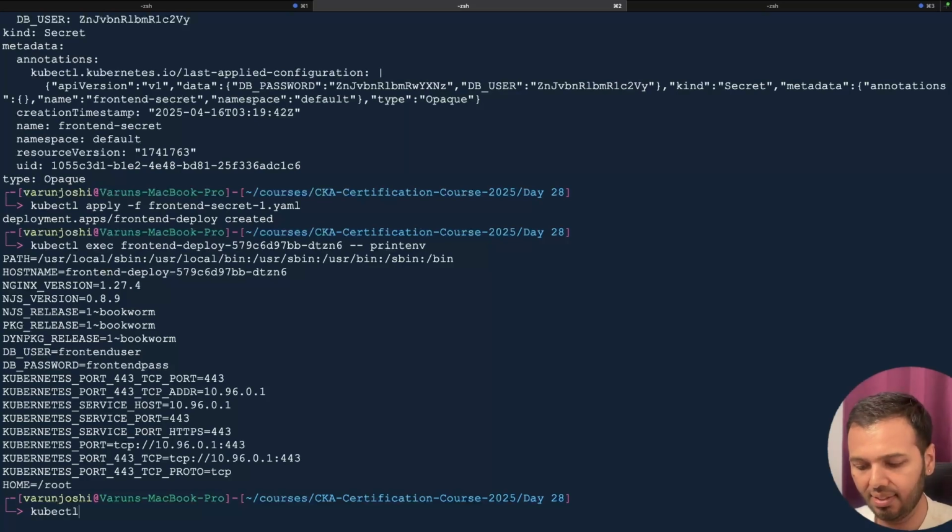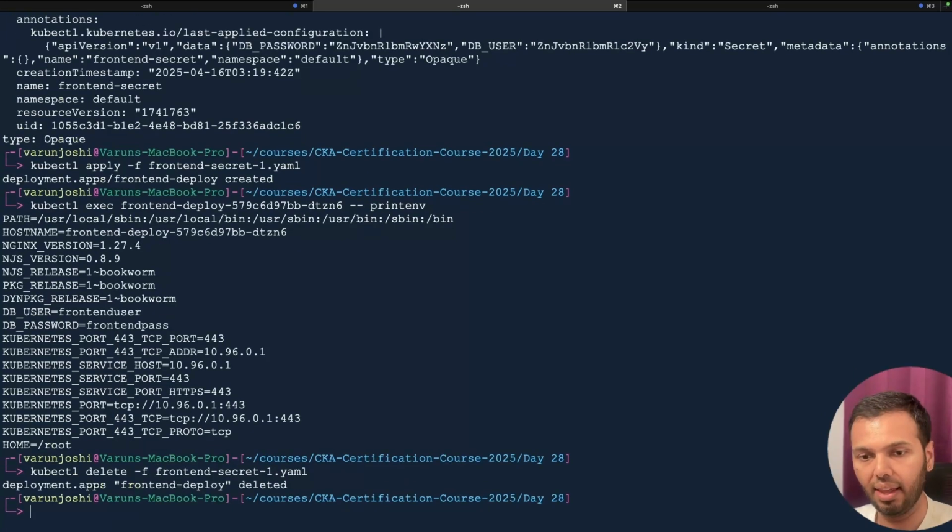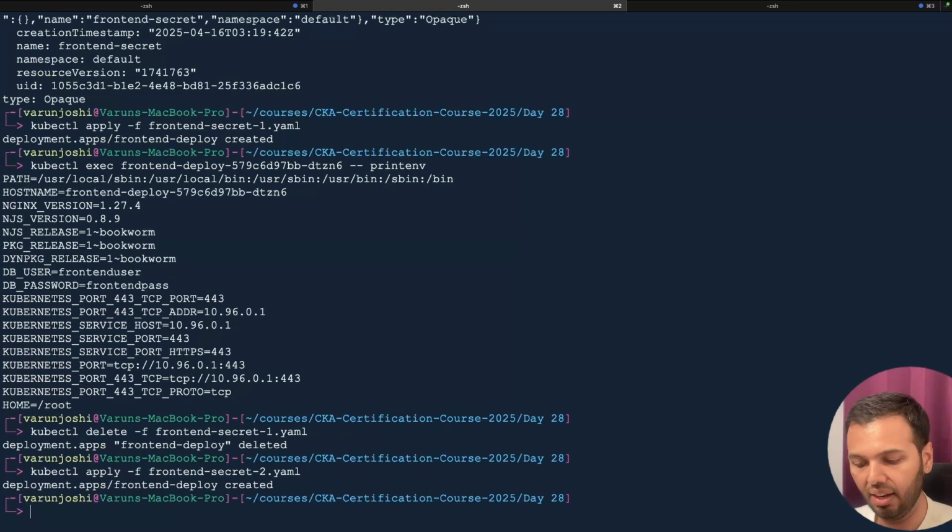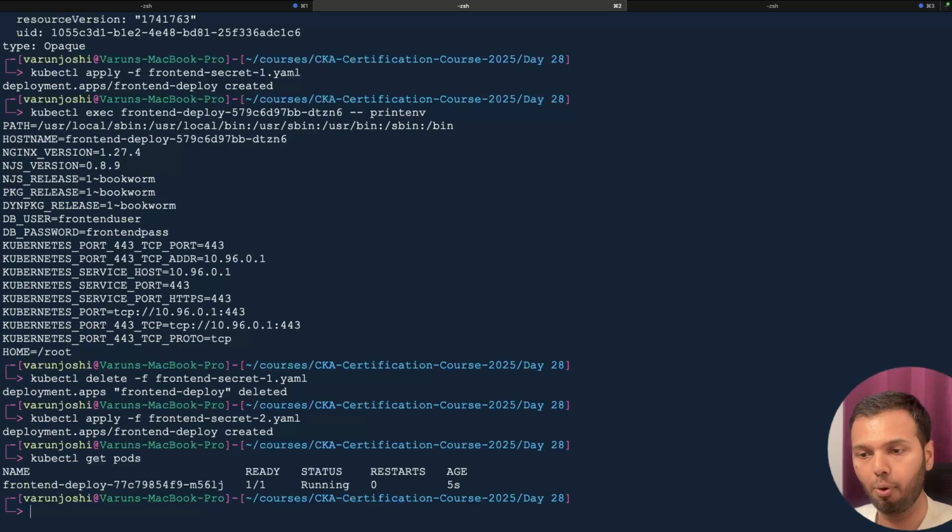So let's now apply these YAMLs. First let's delete the previous deployment, kubectl delete -f frontend-secret-1, and then let's apply the new YAML, kubectl apply -f frontend-secret-2.yaml. And then if I now run kubectl get pods, I see that the pod is running. I want to exec into the pod now. So let's go inside the pod,